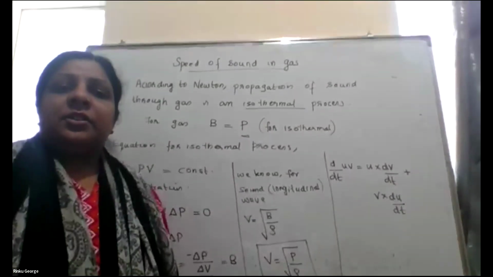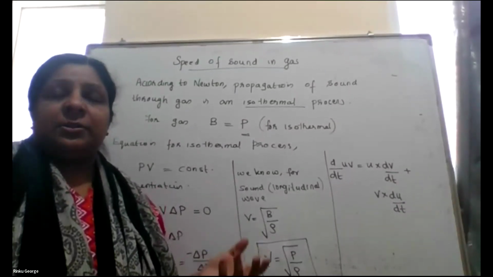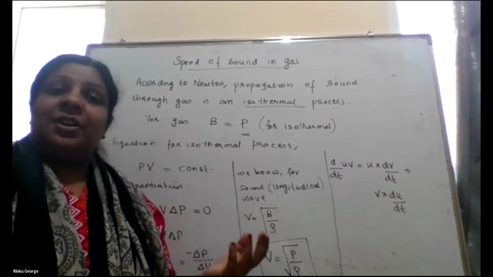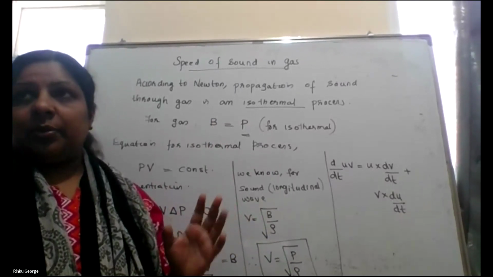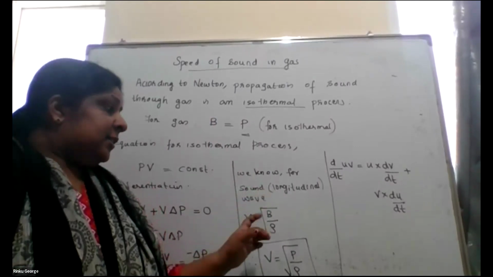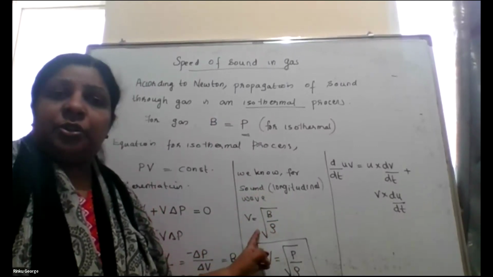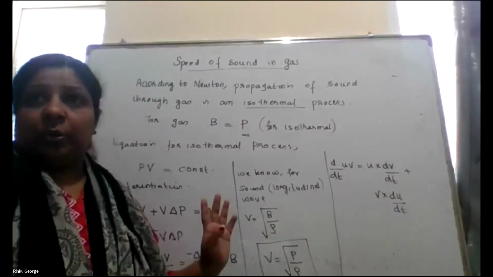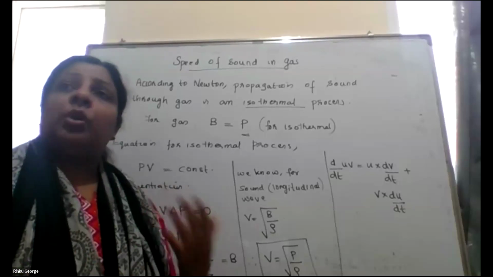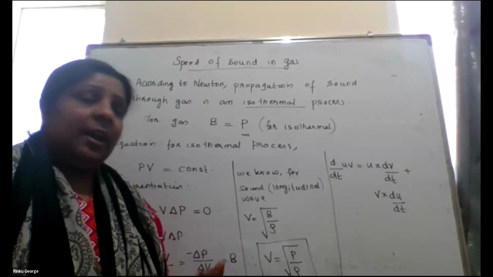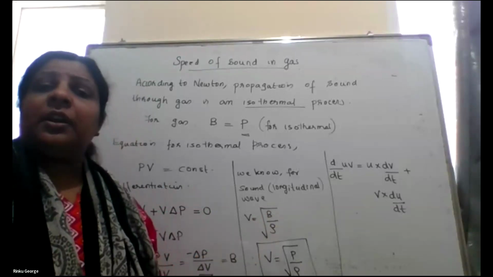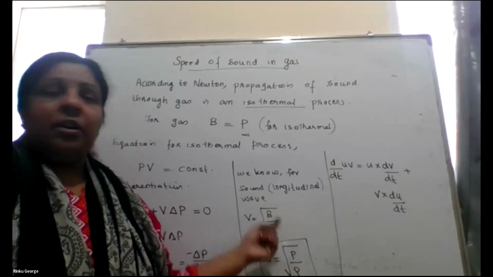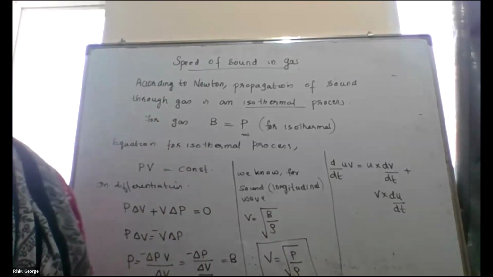Okay, in this topic we are going to derive an expression for the speed of a sound wave. What was the explanation given by Newton? That is what we are studying. We already studied last class that sound waves are longitudinal waves, and the velocity for a longitudinal wave is root of B by rho. What Newton said was that B is equal to P. So if you know the pressure and density, when you do pressure by density, you will get the velocity of a sound wave. That is Newton's explanation. How B is equal to P is the derivation which we just did.